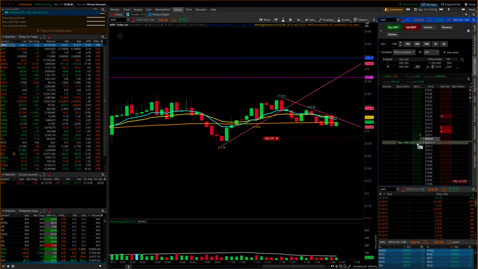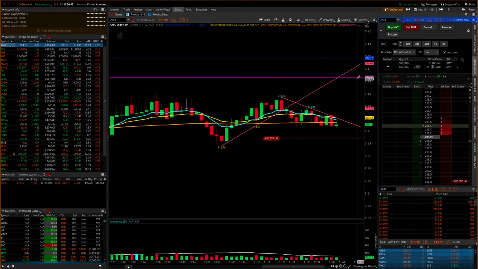So we bought right above the VWAP, right? So there's a good chance this could be a VWAP bounce, right? So it goes up and it comes down, bounces off the VWAP. Again, we don't know. No matter what pattern you're trying to be the master of, and again, I recommend that